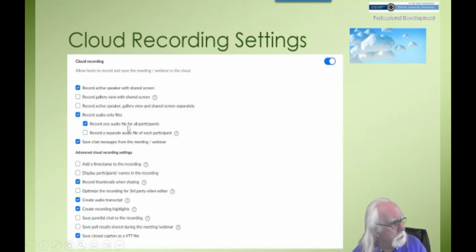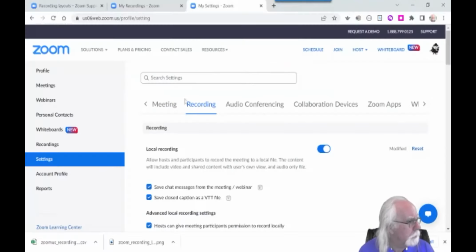This is a screenshot of what the cloud recording settings look like on the Zoom website. But let's go and actually take a look at that. We're not limited to PowerPoint, thank goodness. We can go to settings,